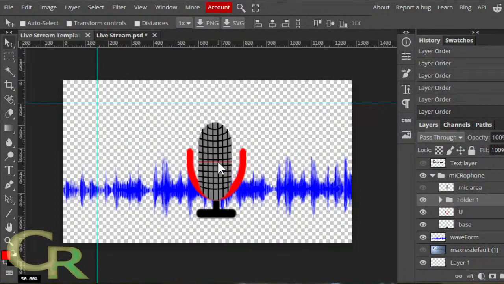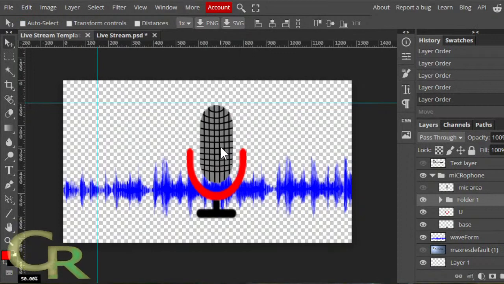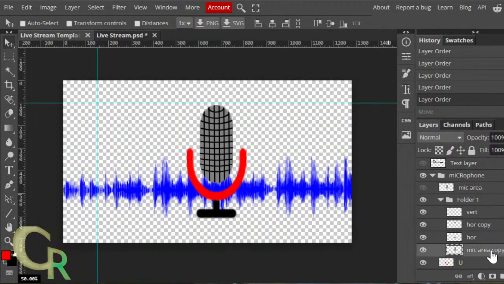Just looking at it right now and just trying to picture it in my head. So there's now. Let's see if I can copy this mic area.